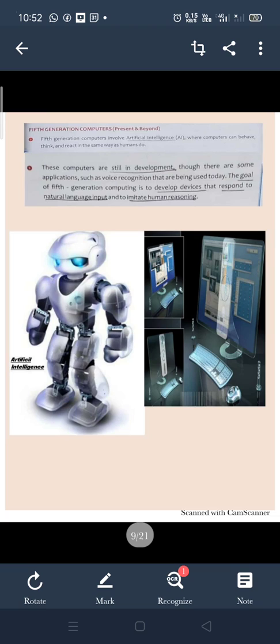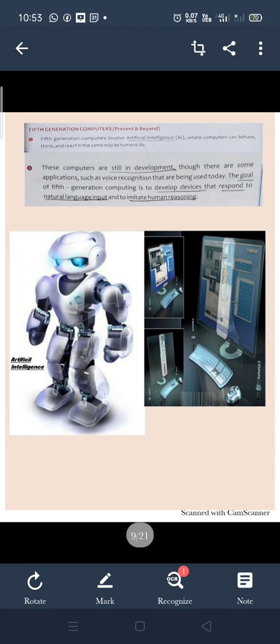But there are some applications of fifth generation computers or artificial intelligence that you can see in present day computers, like voice recognition. Now the computers can recognize our voice. We speak and they follow our command. There are various systems like biometric systems, where our touch is recognized, and our face is also recognized. So now the computers have become smart. They have started sensing human touch, human body, human face, and human voice. So that is also a quality of fifth generation computers.